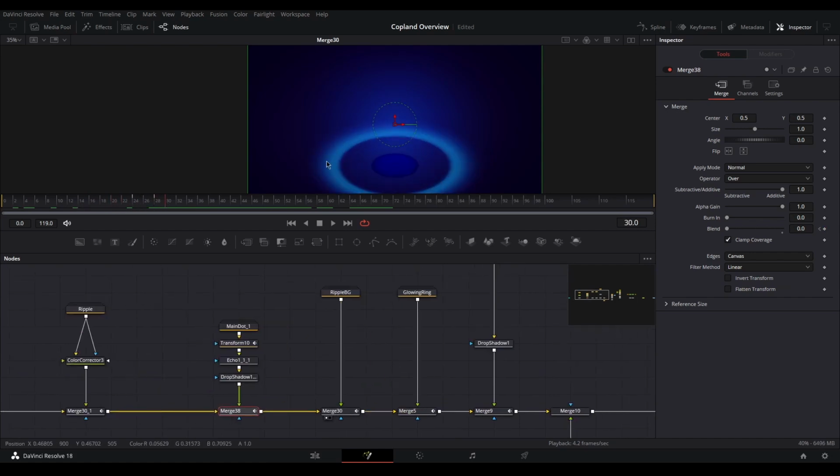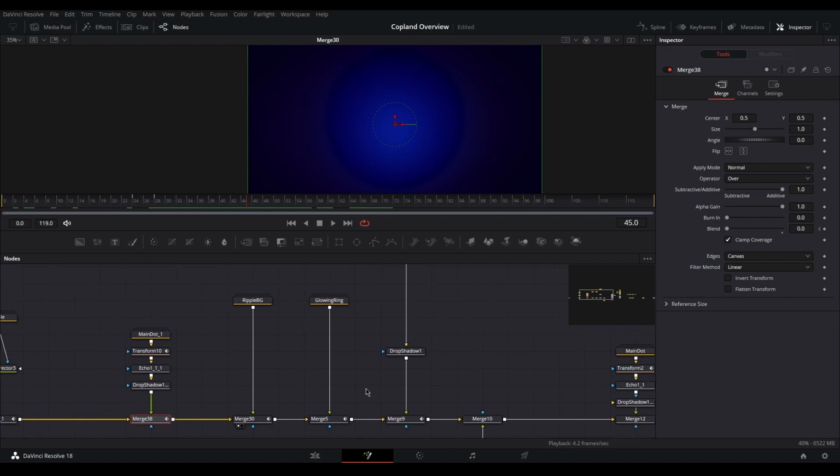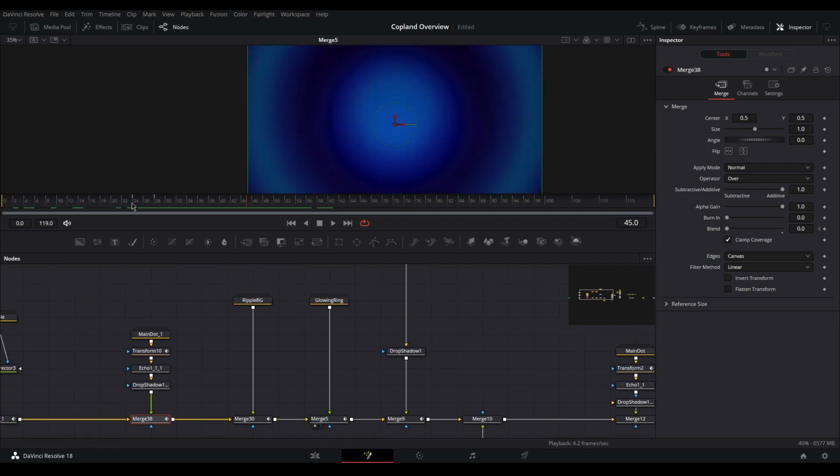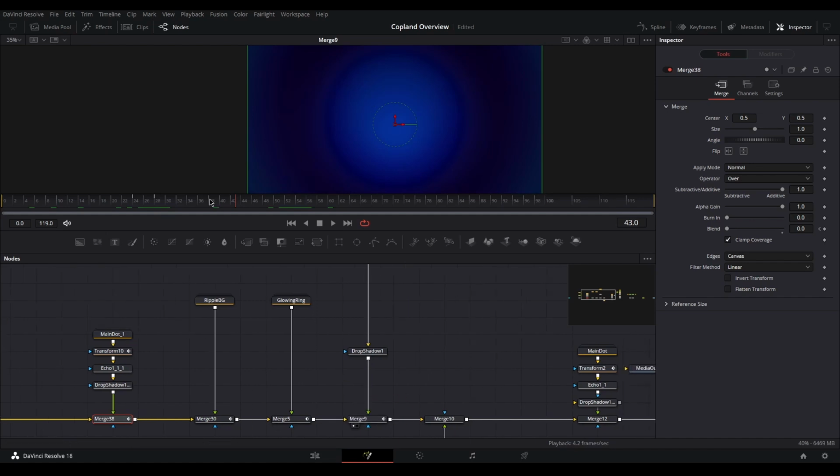Then we have the main dot, then we have the ripple that stays here. Then we have the glowing ring that is animated and added on. So I really did start this off mostly just doing it one by one. I started from the beginning with the dot animating in, and then I added more and more